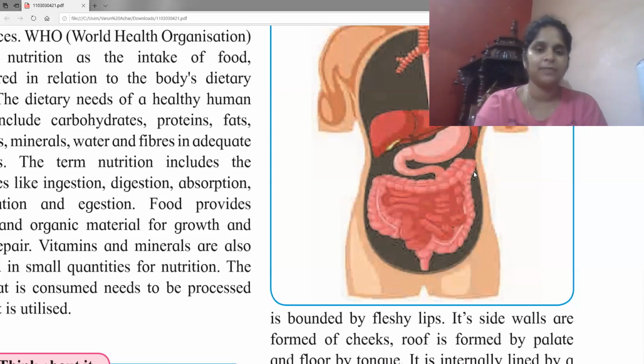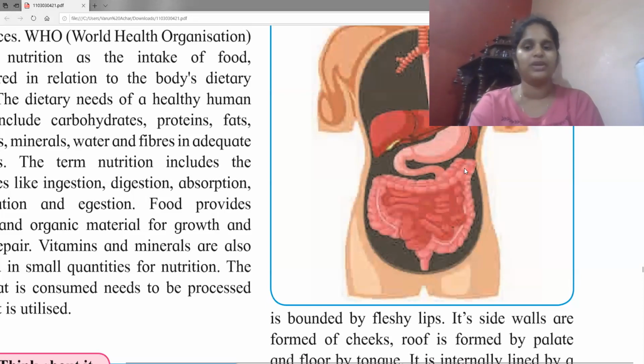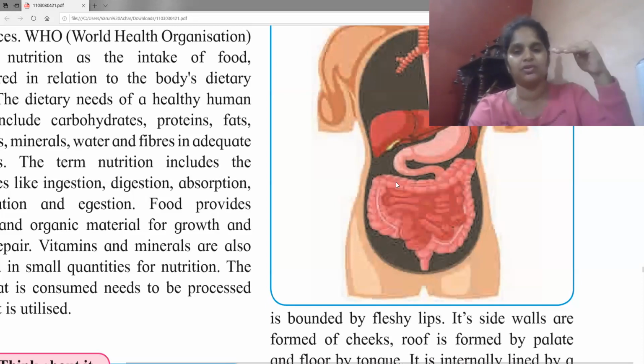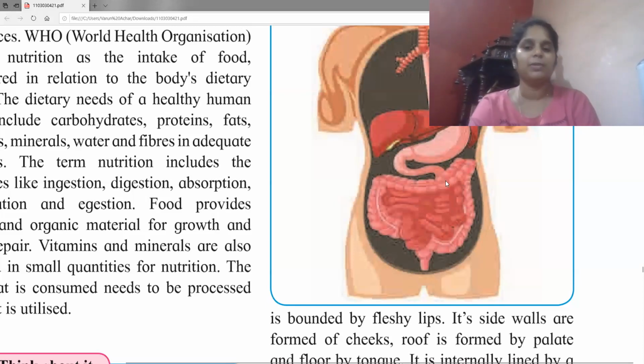In biology, for vertical and horizontal, we have two different names. For horizontal, we call it transverse, and for vertical, we call it longitudinal. So this is the transverse colon. And when it goes down below, we will be calling it the descending colon. So here we have ascending, here we have descending, and in between when it is going horizontally, we will be calling it the transverse colon.